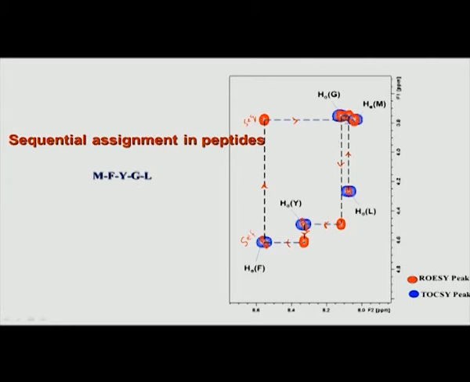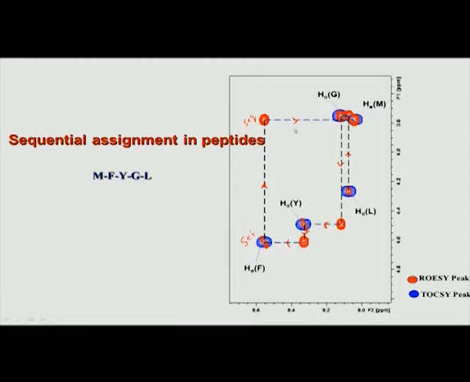So, all we have to do is start from the glycine amide here, this vertical line, but now go horizontal. We went vertical to go to I minus 1, but I will go horizontal to go to I plus 1. If I go horizontal to go to I plus 1, this is a self peak, the blue color of TOCSY, and I see that it matches with another peak here, where there is no TOCSY, it is a ROESY peak. Now if you see in the vertical line, that has a TOCSY peak here. So that means this vertical line, this amide, has to be the next, I plus 1 to glycine, because only then it will show the glycine as I minus 1.